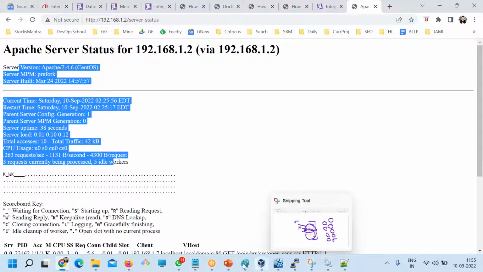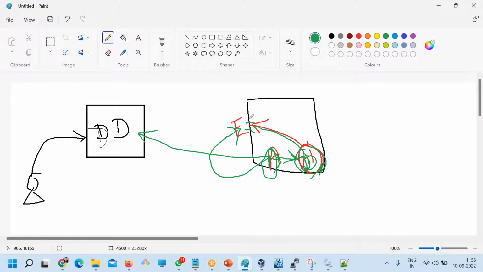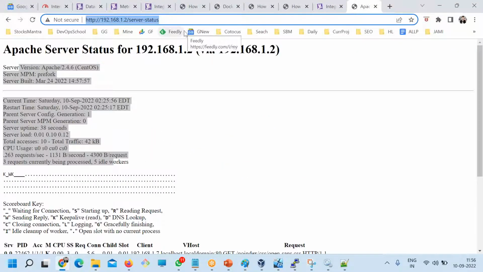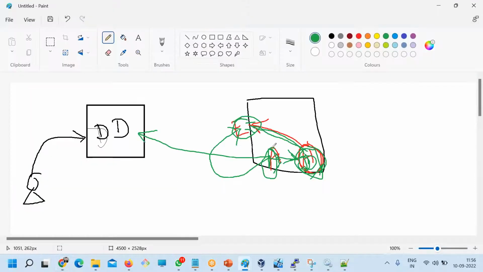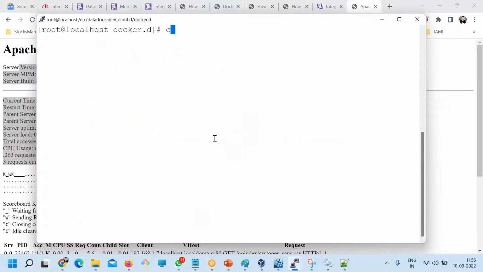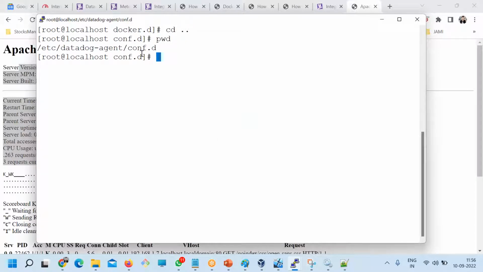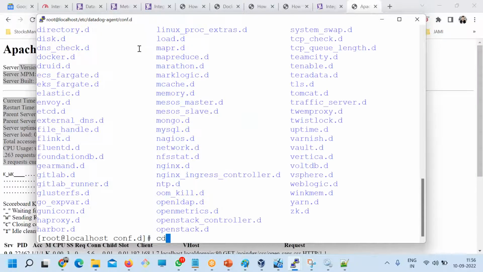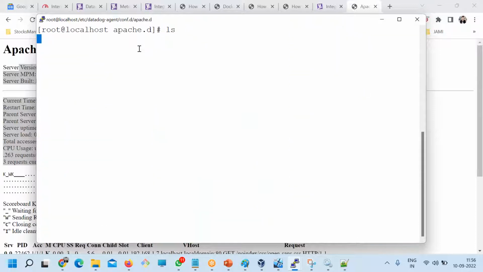So as per the discussion, remember that I enabled the Apache. So Apache is publishing all the metrics at a certain endpoint. Correct? This is the endpoint. Agree with me? Yeah. Now I will ask the agent to go and pick it up from that endpoint. So for that agent modification, I told you how to do that. So go to this directory, and here you will have an Apache, and this is commented actually.